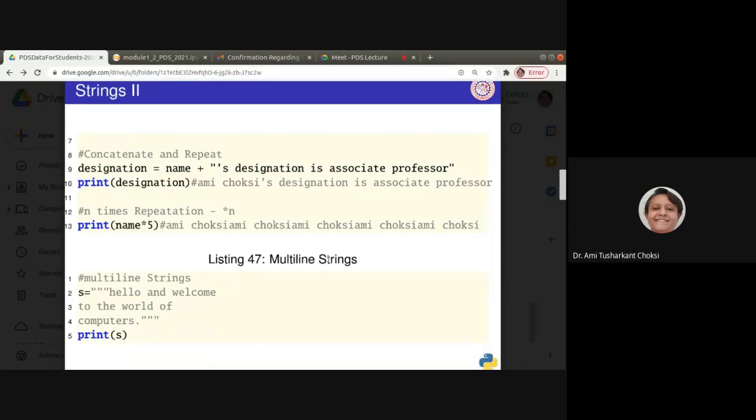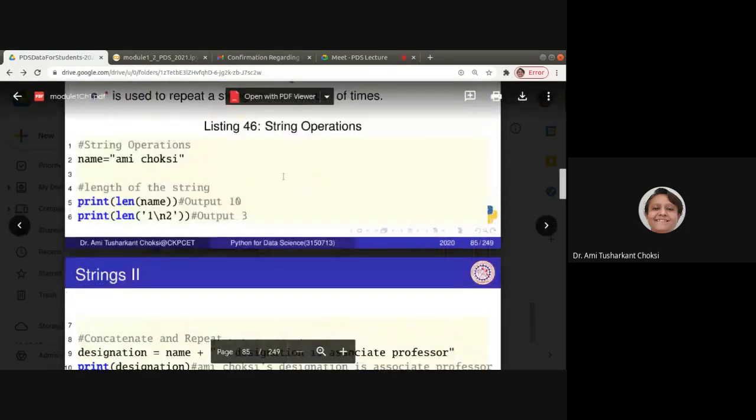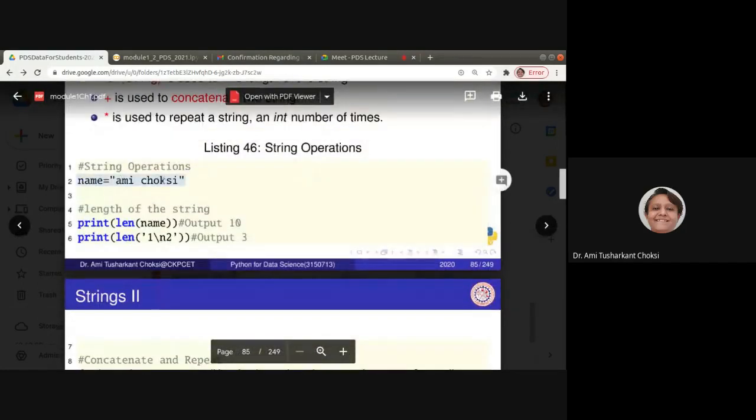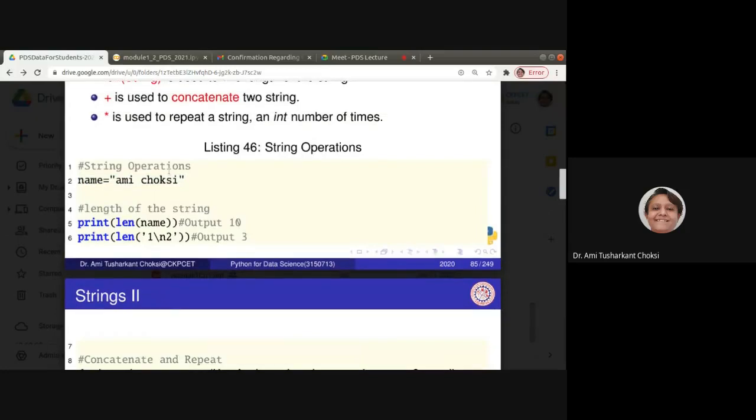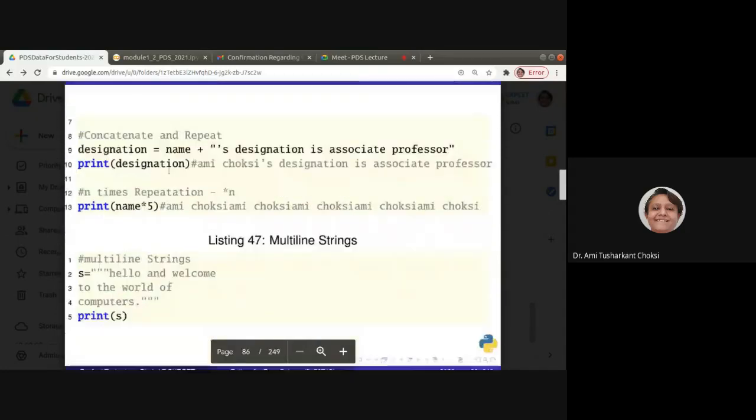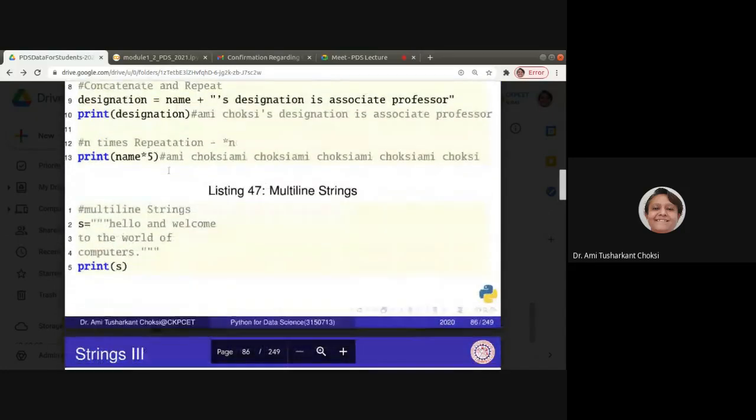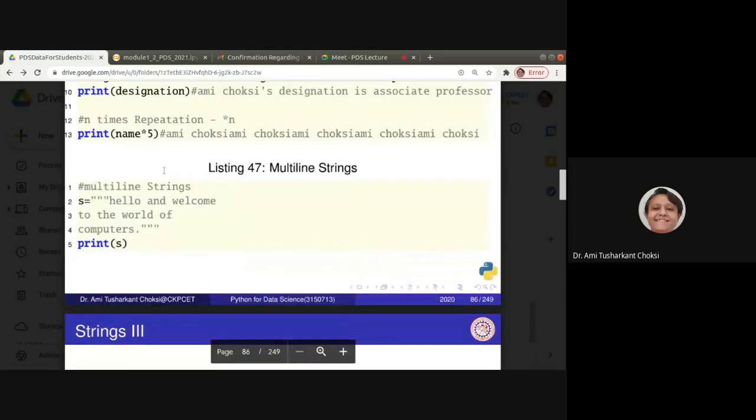Now we want to have multi-line strings. Till now we have had strings that are a single line, or a few words. Now we want multi-line strings. For that, in Python, we can use 3 quotes.